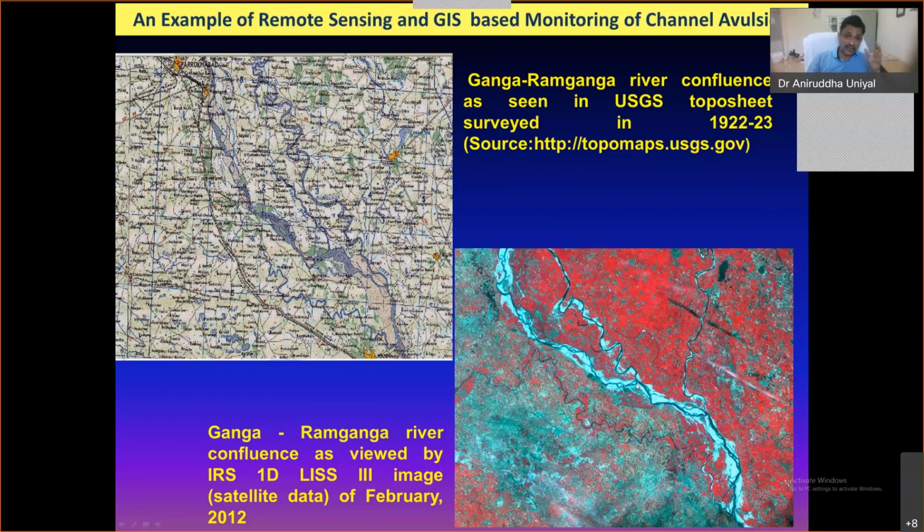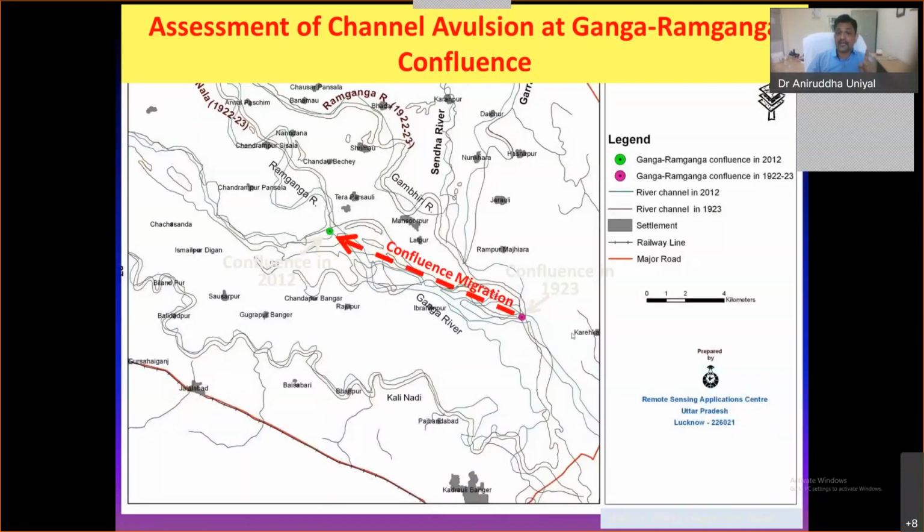That is what has happened. Because you see, many of the small streams have been captured in this region, like the Kunda River was captured. And now this is what we can see, the confluence migration. So it has not only been bank line shift, it has been channel evolution. Bank line shift could be on the right bank or on the left bank. But when the entire channel is migrating either on its right side or left side or upstream, that is channel migration. And if it is suddenly migrating, then it is channel avulsion.